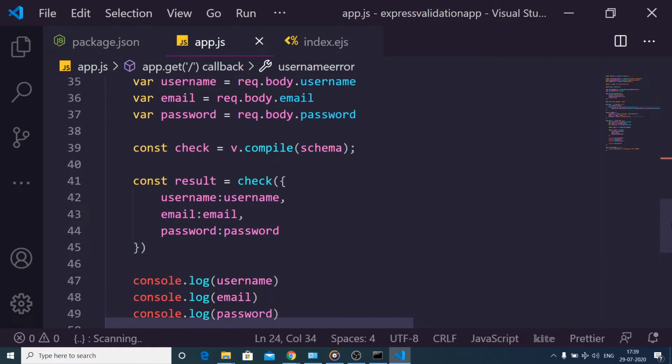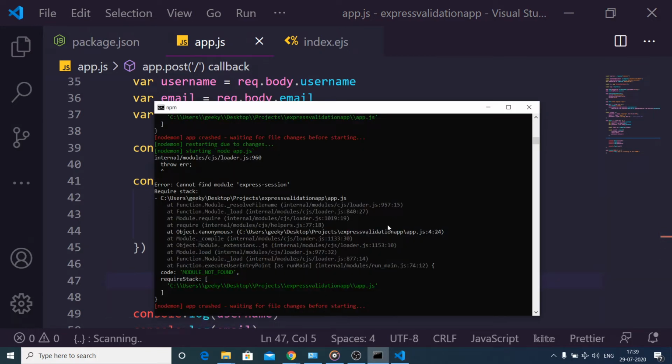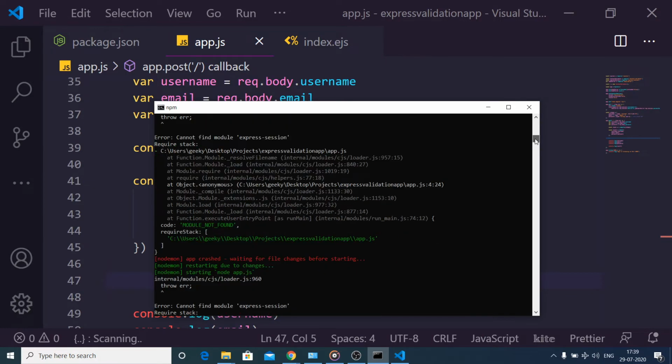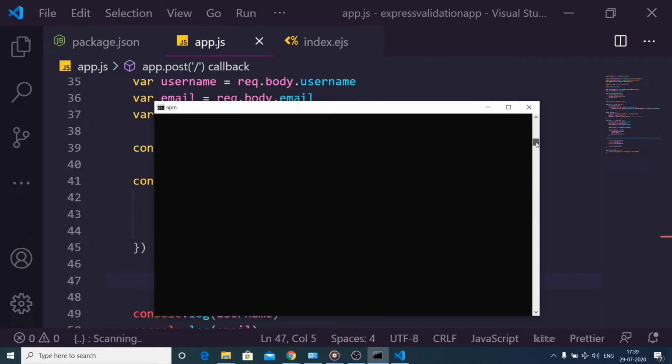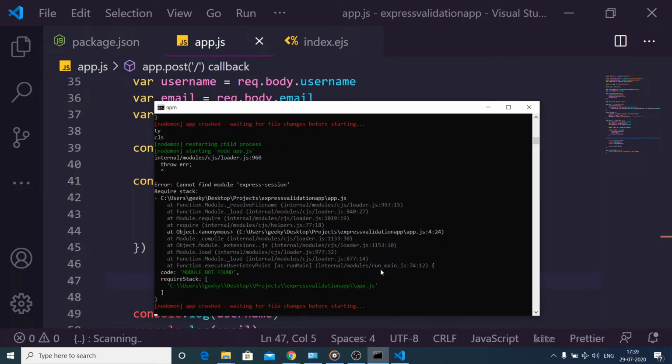So whenever we are getting this result here, we can extract the errors. Let me close this and relaunch this application.